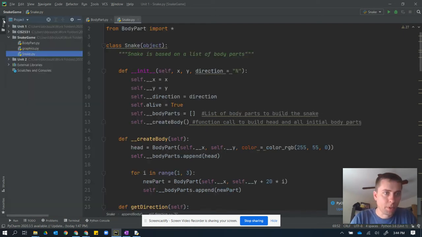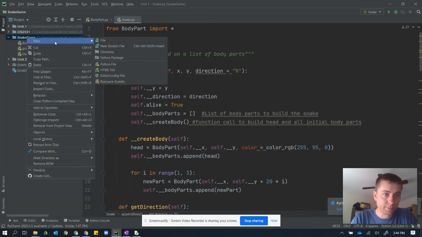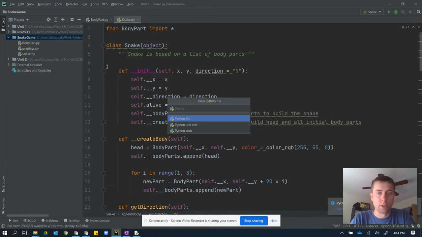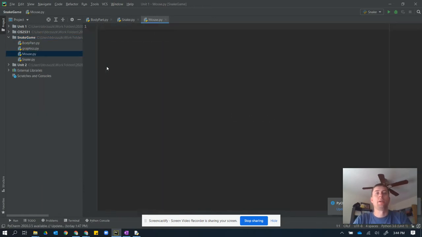I'm gonna go over my project. I'm gonna make a new file, mouse. Okay, all right, so for the mouse, let's see. When we build this, we need to do a couple of things. So a mouse is just simply going to be a rectangle that is the exact same size as the snake